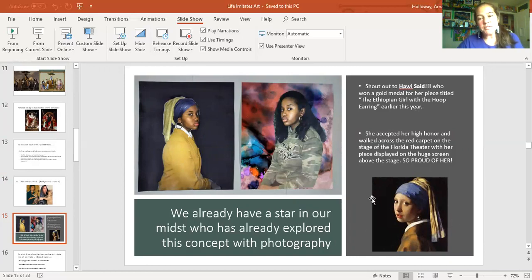On the bottom right, you'll see this is by Johan Vermeer. This is the girl with the pearl earring. This is a Dutch painting. Howie did this on her own. She was inspired by this painting to do her own interpretation, and this was back in, what, I don't know,